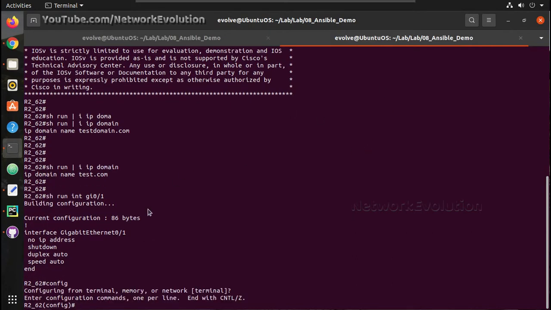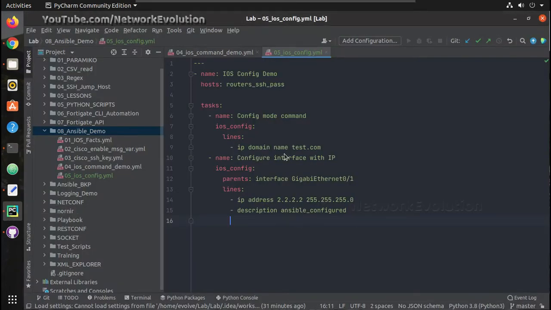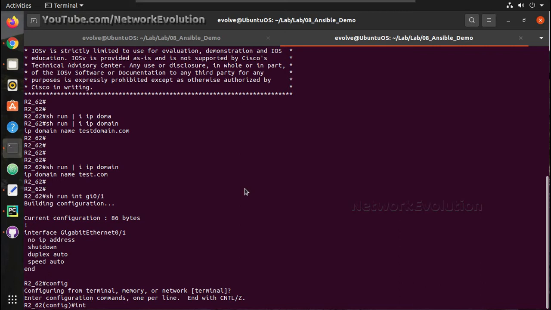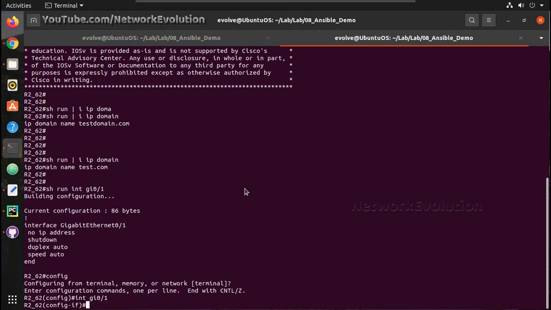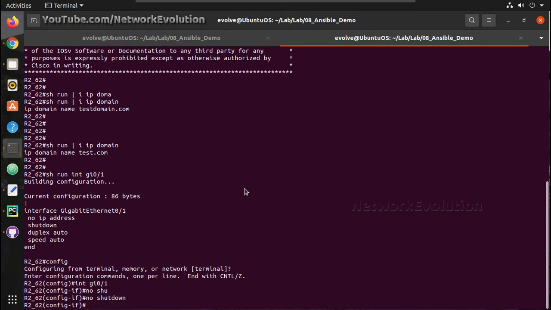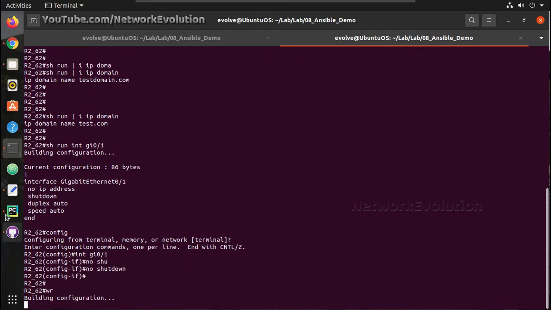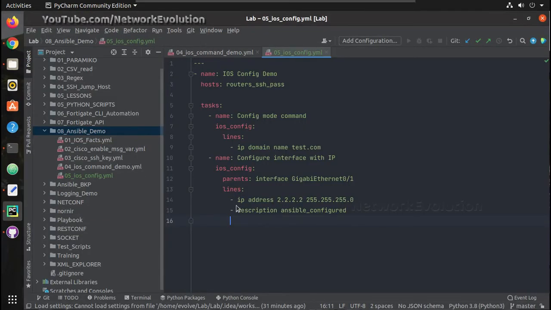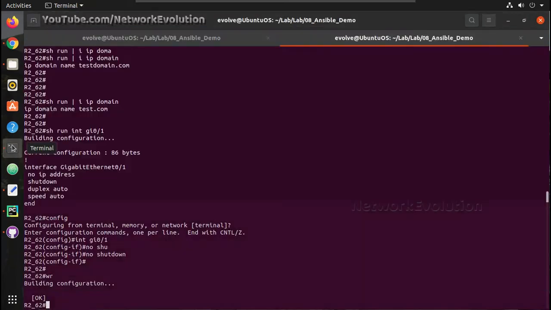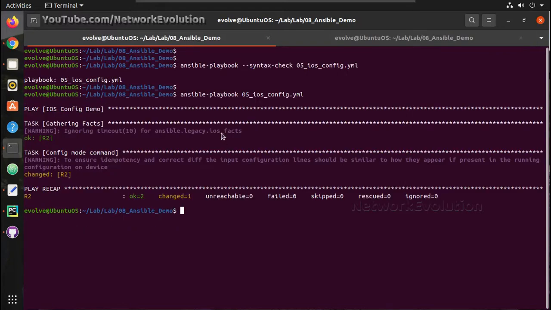For now I'll keep this interface in no shut mode, and in the next task we'll see how to give no shut and keep this idempotent. Let us try running the playbook again.